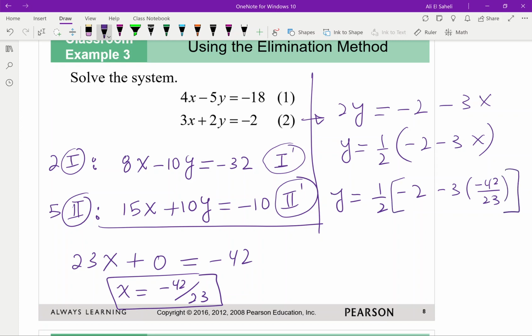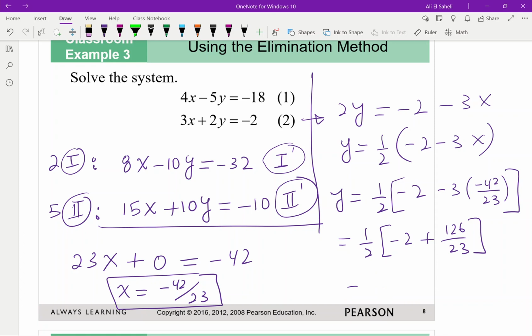Changing those to make sense. Half into minus 2 plus, so that's 126 over 23, or half,